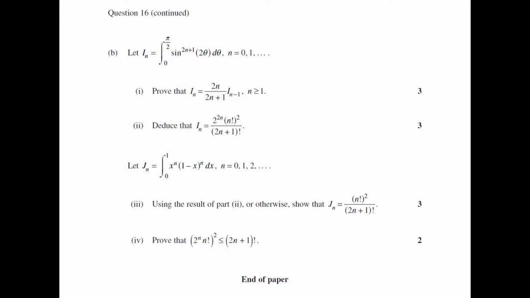So what the question is asking is that we want to prove that 2 to the power of n times n factorial squared, all of that squared, is less than or equal to 2n plus 1 factorial. And you may notice this inequality looks like a rearrangement of the result that we proved in part 2. So I think right away that gives us the hint that we can use what we've already demonstrated to help